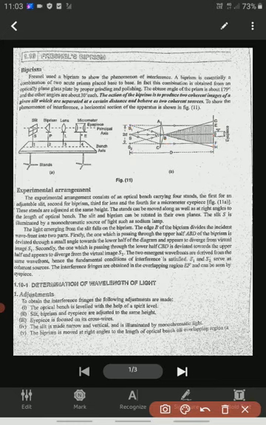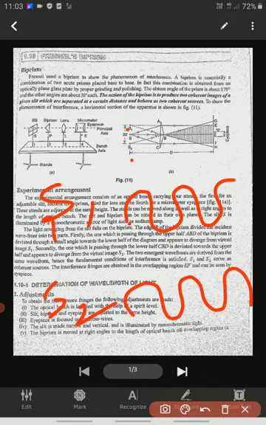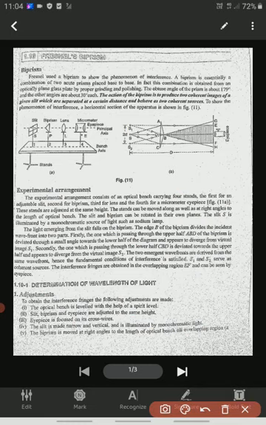In this way, these sources are coherent sources. Last class I explained that S1 and S2 serve as coherent sources. What is the meaning of coherent sources? S1 is a source, S2 is a source. Both produce light, and the properties of one wave are similar to the properties of the other wave. Then we call these coherent sources. Only when S1 and S2 are coherent sources do we get the interference pattern.